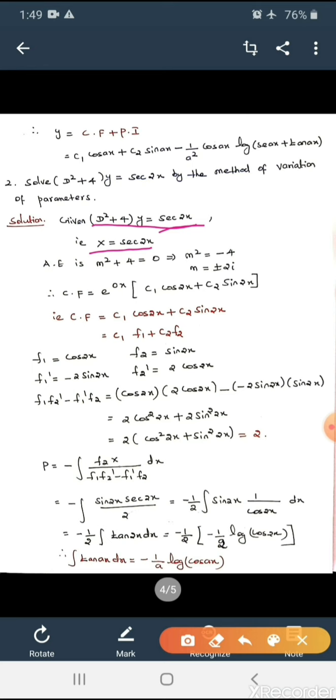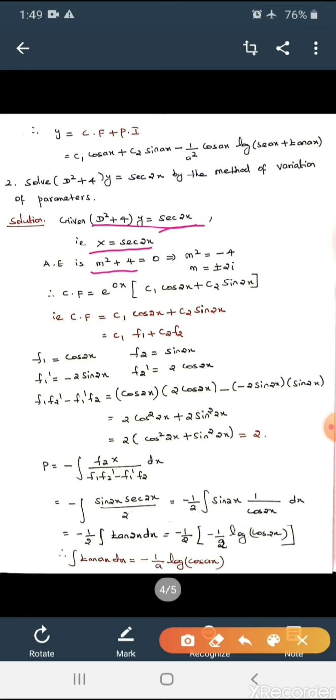Now you form the auxiliary equation. So just you replace D by m and rewrite the equation. So that is m square plus 4 is equal to 0. You bring this plus 4 to the other side, so that will become minus 4. So we get m square is equal to minus 4. m is equal to plus or minus 2i.